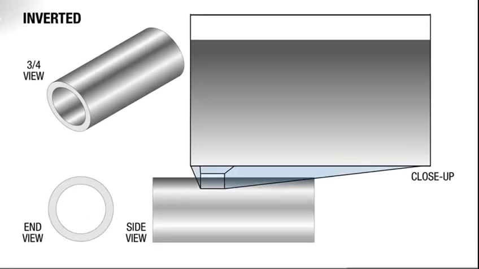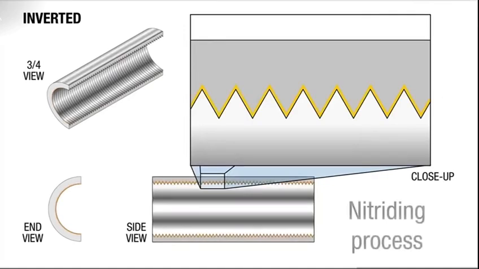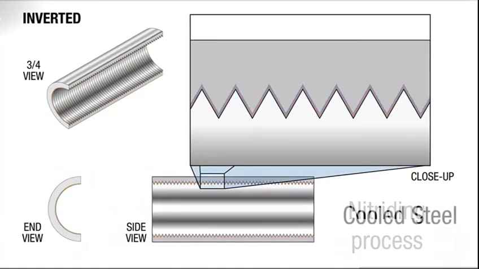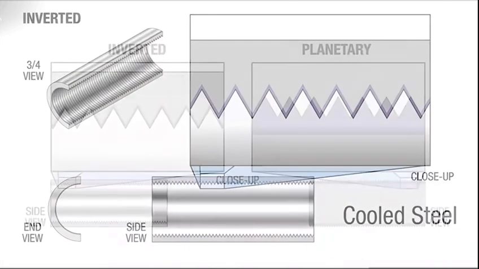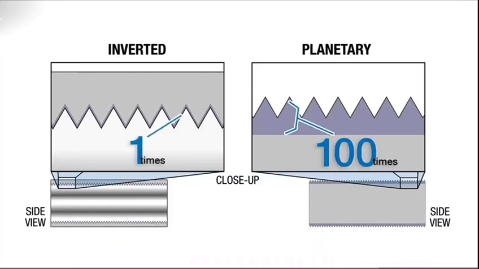On the other hand, manufacturers of the inverted roller screw typically machine the grooves first, followed by a less robust hardening process, resulting in a much thinner layer of hardness across the surface of the threads. Because the depth of the hardened material on the planetary roller screw is 100 times greater than that of the inverted roller screw, it is capable of handling higher loads, lasting much longer, and is far more resistant to deformation